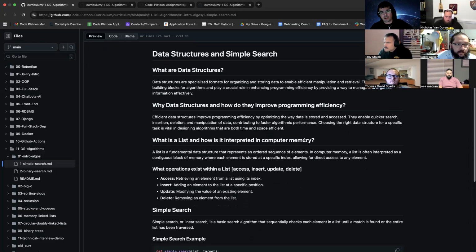All righty. Why data structures? How do you improve program efficiency? Efficient data structures improve programming efficiency by optimizing the way data is stored and accessed. They enable quicker search, insertion, deletion, manipulation of data, contributing to faster algorithmic performance, right? For example,